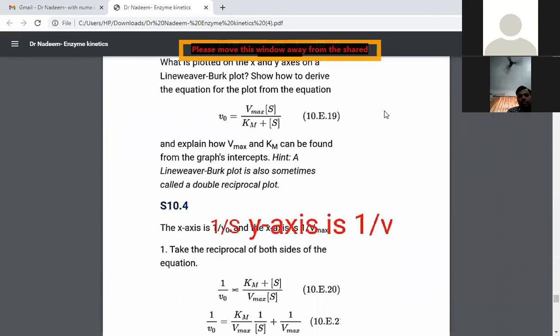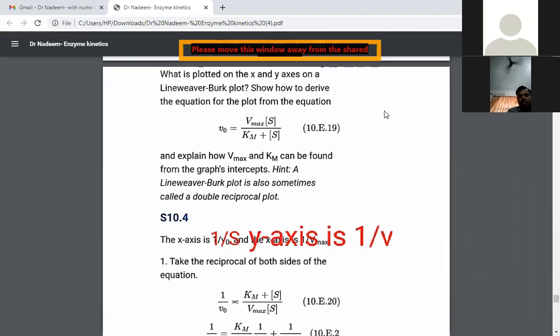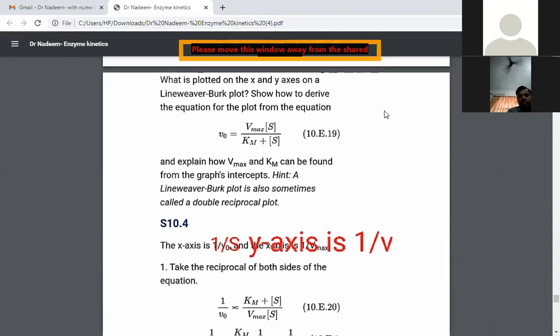The solution: you have already seen the Lineweaver-Burk plot. Here the x-axis is 1 by S, the reciprocal of substrate concentration, and the y-axis represents the reciprocal of velocity, that is